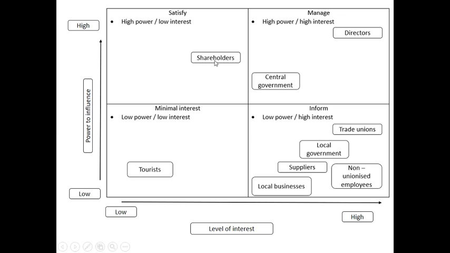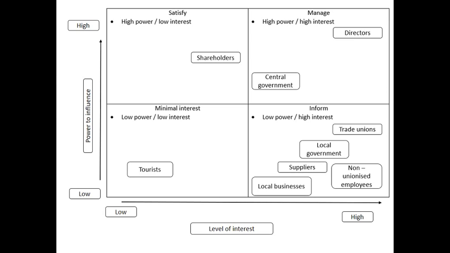However, they would have reasonably high power to dictate if they wanted that to close, and that would probably have to happen. So you may disagree with how I categorise these groups, but I hope that helps you understand how to use the power grid. The key thing to realise is that where these stakeholders are positioned would dictate the strategies that the business uses